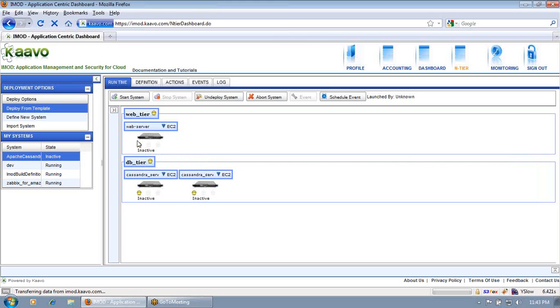Once the system is fully configured, the state becomes inactive. That means now we can start this system. So let's do it.